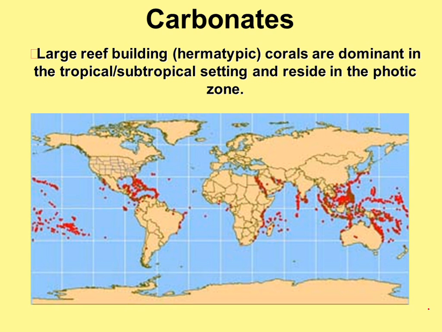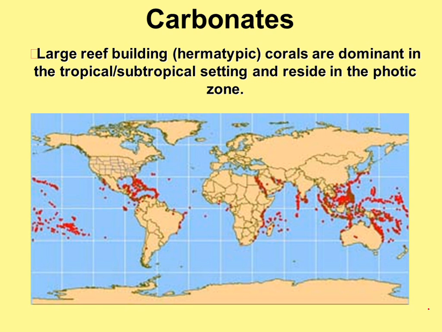And if you look at the distribution of hermatypic reefs around the world today, you will see that they sit broadly in this equatorial zone. The Red Sea, the Great Barrier Reef off eastern Australia, and the coral reefs of the southeast Pacific are generally well populated with coral reefs. And these reefs reside, remember, in clear, warm water.